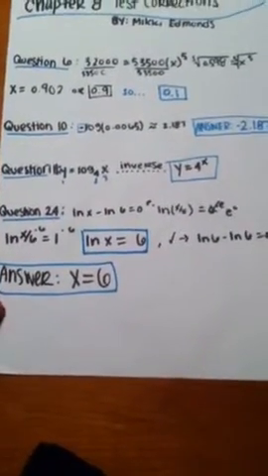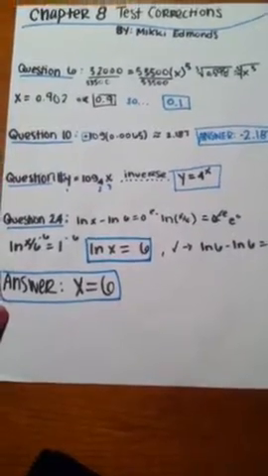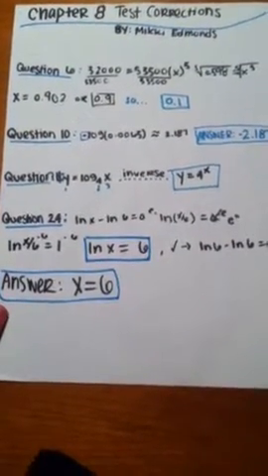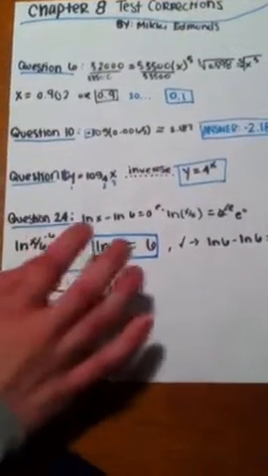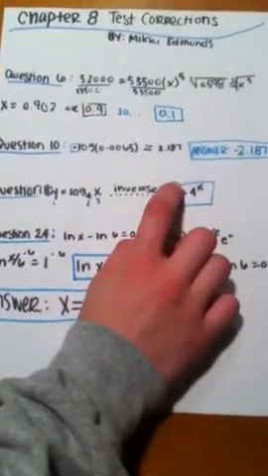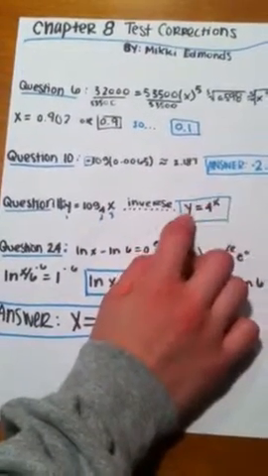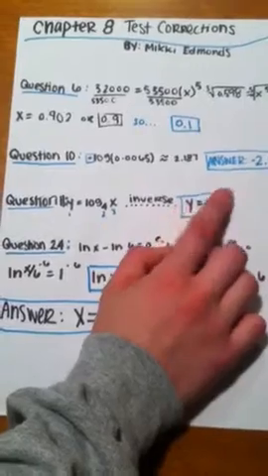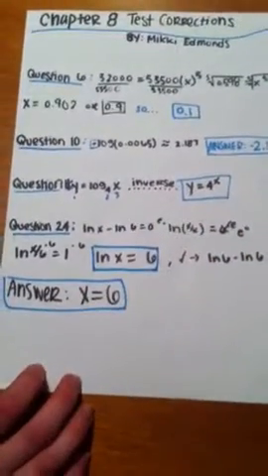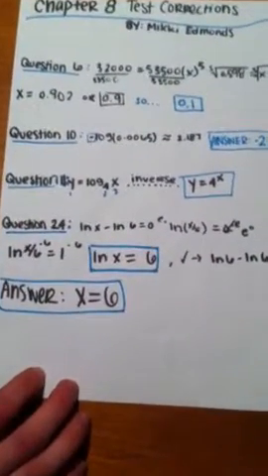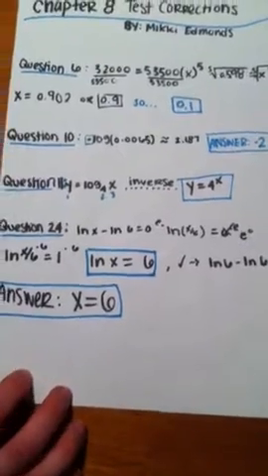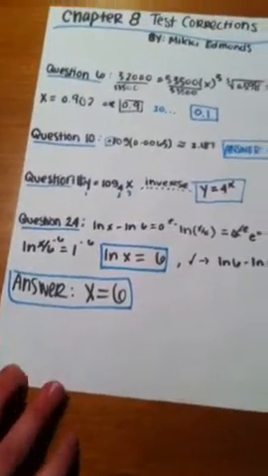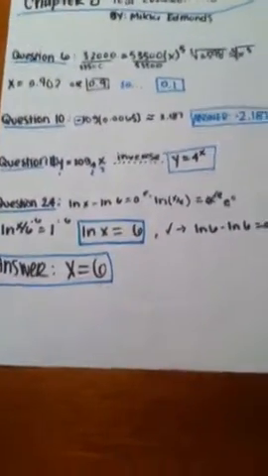The next question I got wrong is number 11, and I did the right equation, but I had x and y mixed up, so I just had to switch those. And that was to find the inverse of y is equal to log base 4x. The last question I got wrong is number 24,